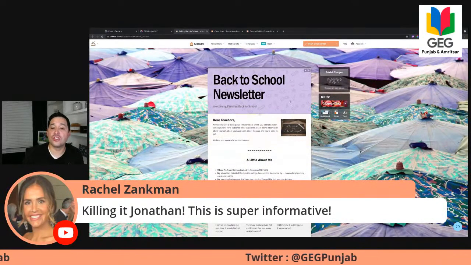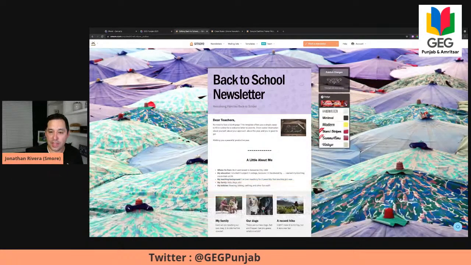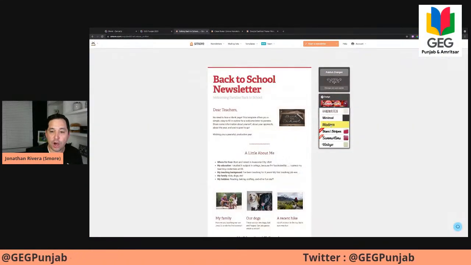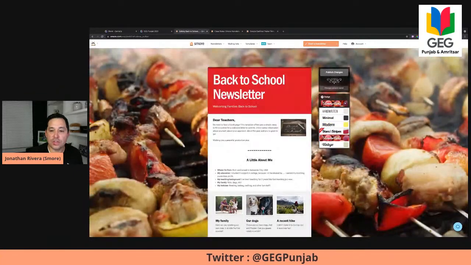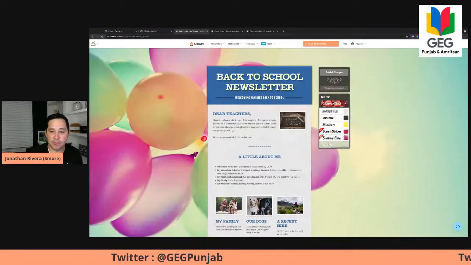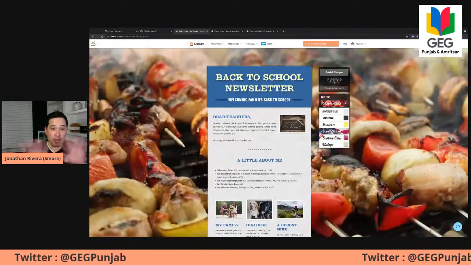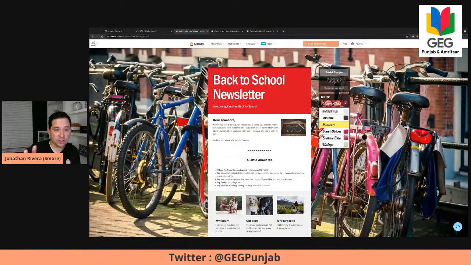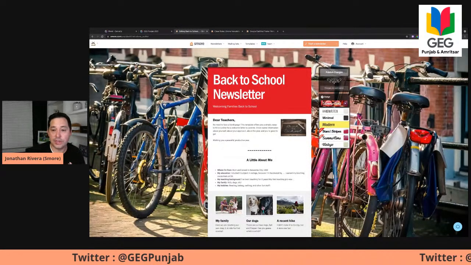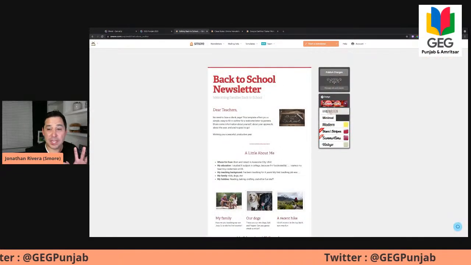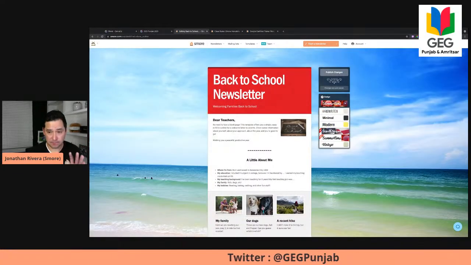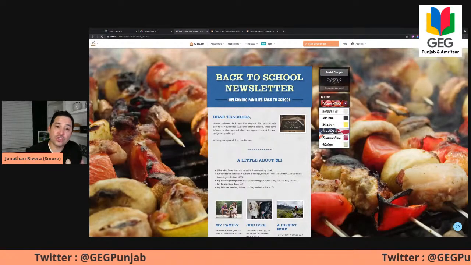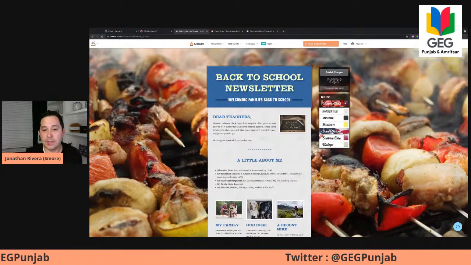But if I wanted to just change the design on what this looks like, you notice that there's these kind of pre-structured designs that once you hover over them, you see that the newsletter automatically changes and you can kind of preview that. And we do a lot of the work for you. We already say, this is the way that it should be structured, a good color scheme, all these things. And you can tweak that a little bit, but not a whole lot. Like I said, you're able to only change things a little bit. And we try to make it so that you don't have to worry about some of these design aspects.